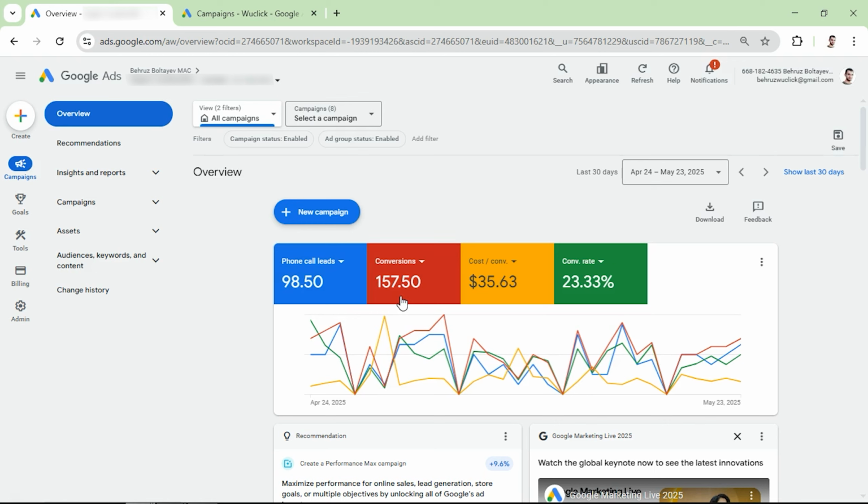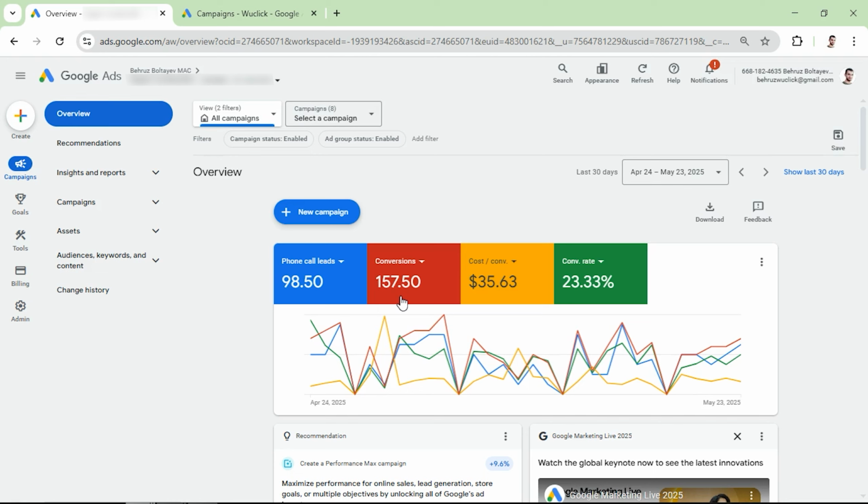These are mostly directly from ads, and these conversions can also include these phone calls as well as phone calls happening from the website. So it can track phone call button clicks. Whenever somebody visits the website and clicks on the phone call button, it can record as a conversion. Plus, it can record some number of form submissions as well, but our main goal here with this account is to generate as many phone calls as possible. So I'm going to show you how to track your phone call conversions, and you can optimize your Google Ads